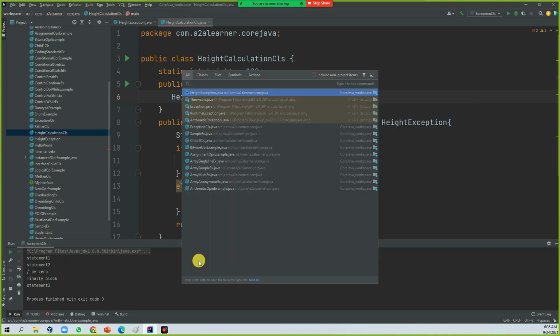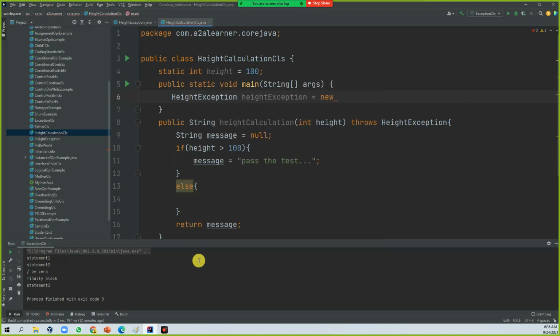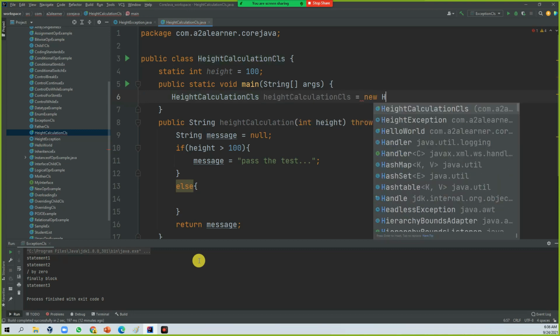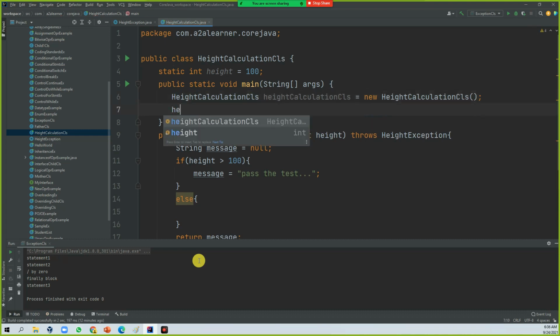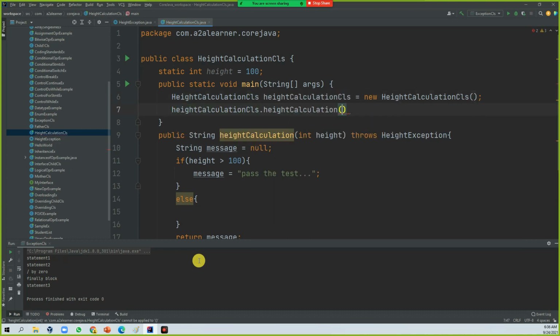Height calculation, right? Not the exception, the height calculation class: new HeightCalculation, and call this method. Here I am passing height as the value.